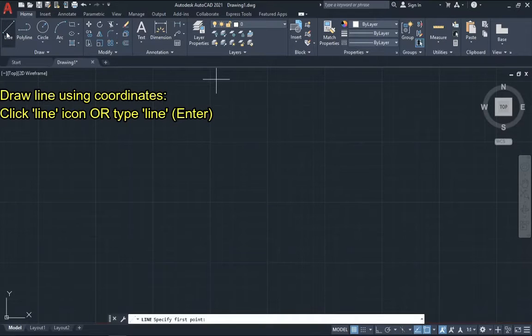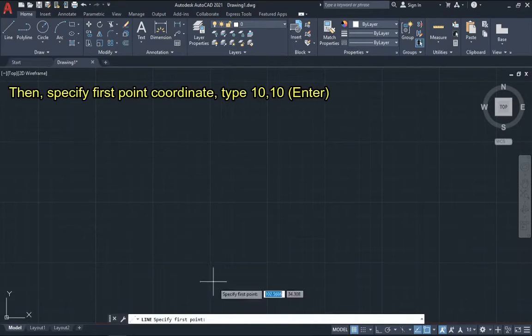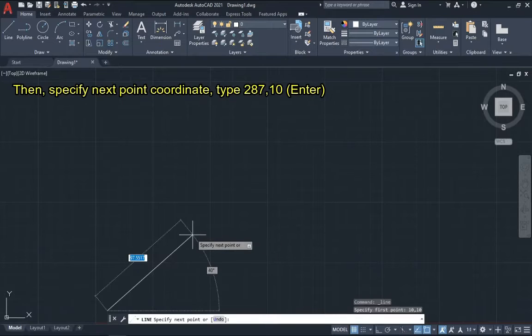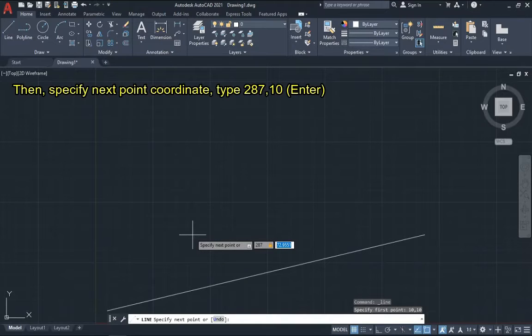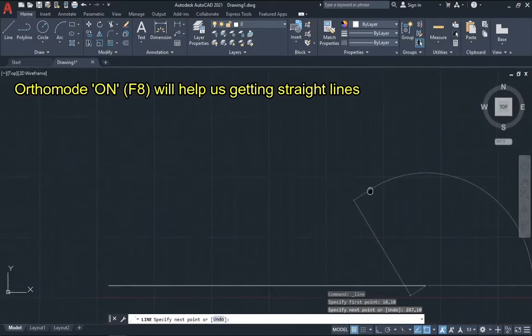Alright, now let's draw a line. Our first line for our title block starts from coordinate 10 and 10. So it's coordinate x and y, x10, y10. So we want to make our next point. The line should go to